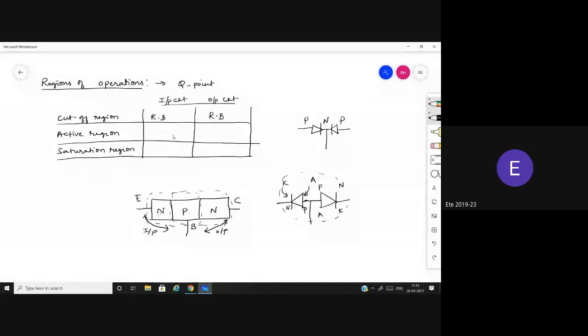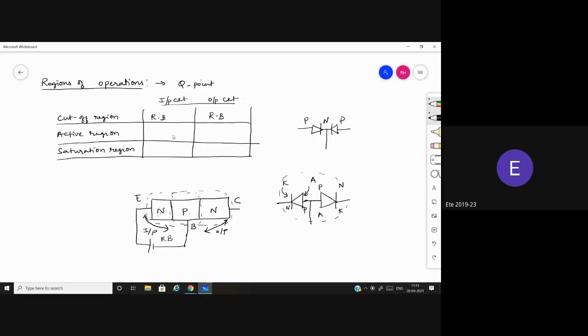Now here I am saying it should be reverse biased. The circuit should be reverse biased means this part should be connected in a reverse bias condition. You know that reverse bias condition means we give it opposite polarities. So the N layer should be connected to the positive terminal of the battery and the P layer should be connected to the negative terminal of the battery. This connection makes the input circuit reverse biased.